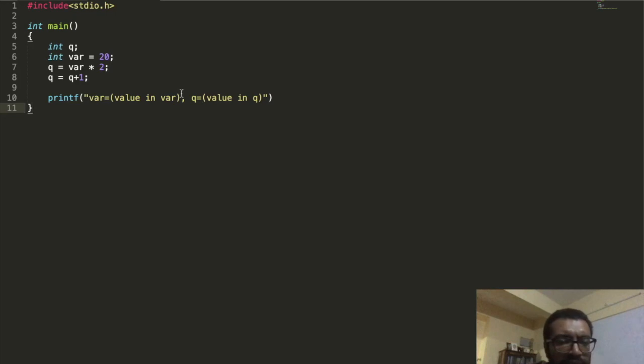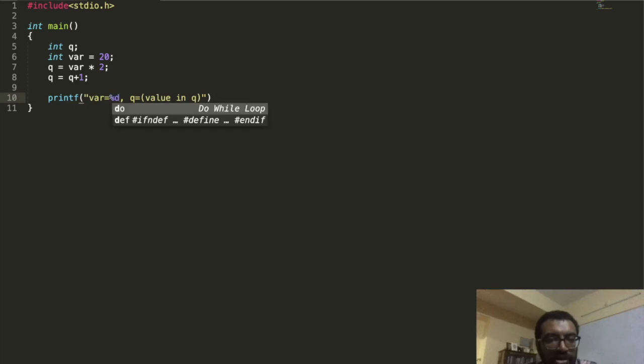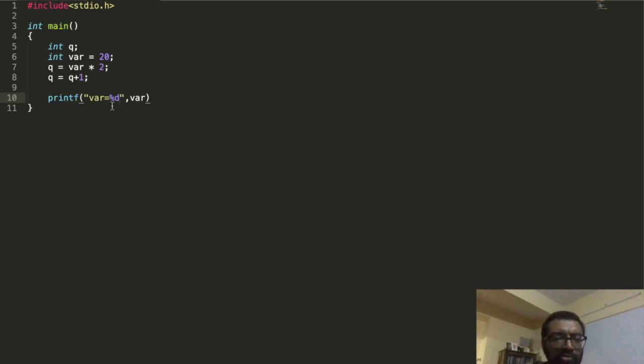Now how do I tell the compiler to take here the value in var? Okay, so for that what I will do is I will write what is called %d here and comma var. So let's first try to print only var. Okay, so I'll just type var is equal to %d comma var. Okay, and so the output should be var is equal to 20. That should be the output, and I will add a new line character here